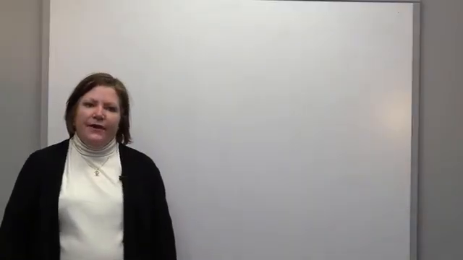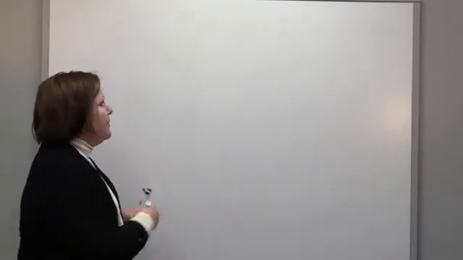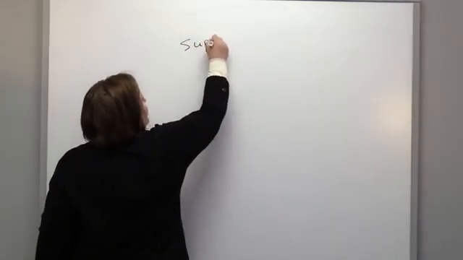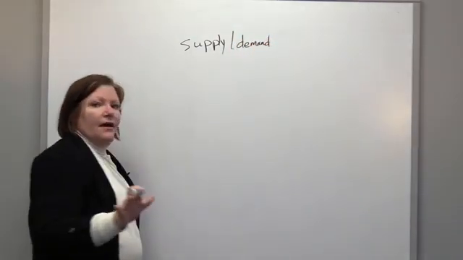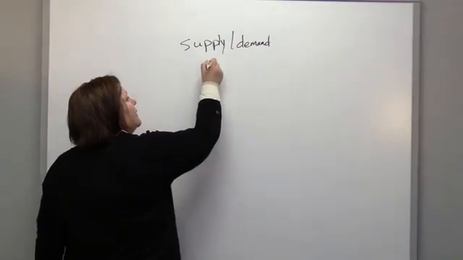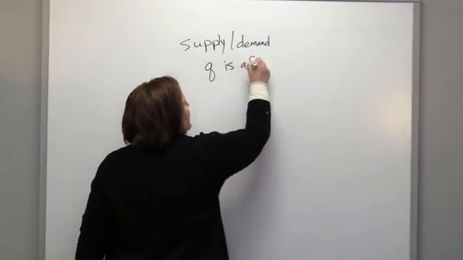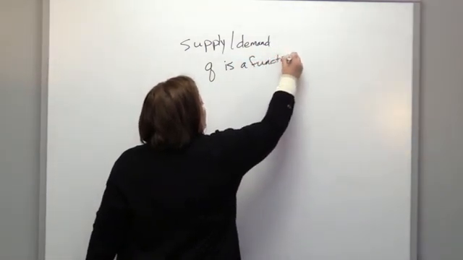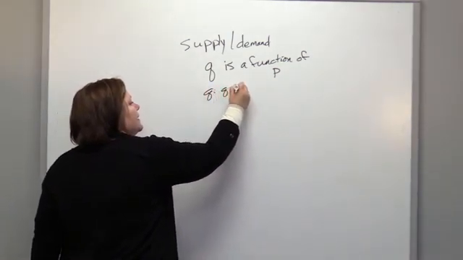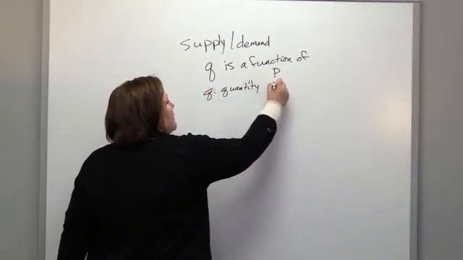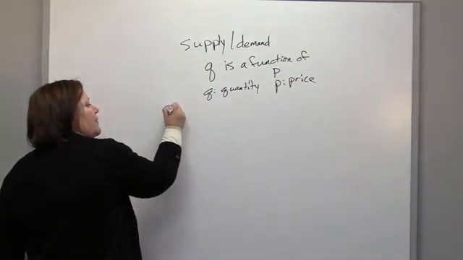Some other terms that we're going to be practicing with throughout the semester are supply and demand. Both of them are usually Q, quantity, as a function of P. Q being quantity, I already said that. P is price. This is a fancy way of saying Q equals